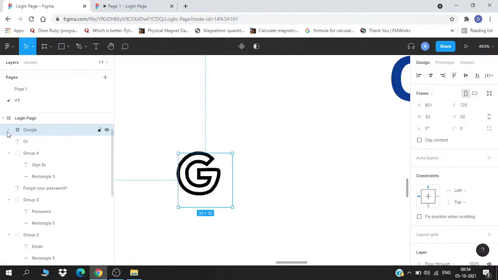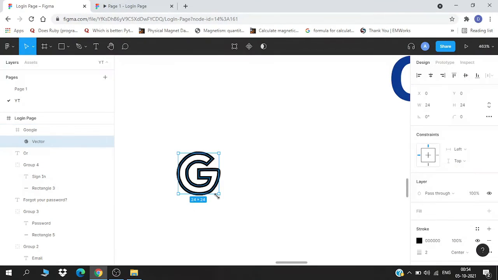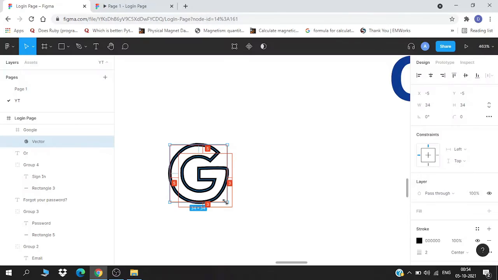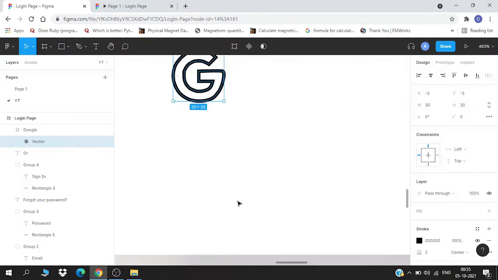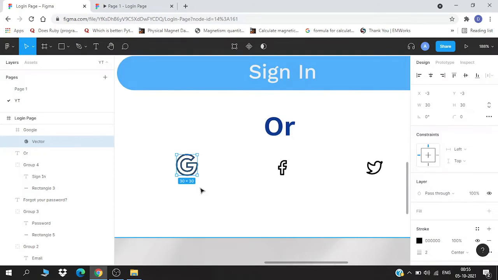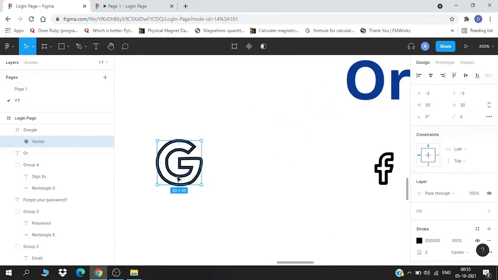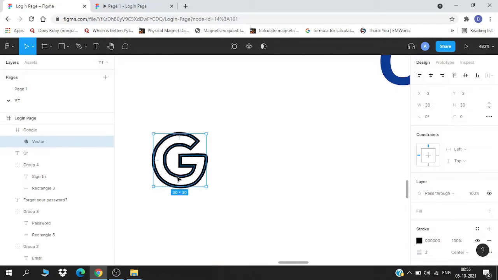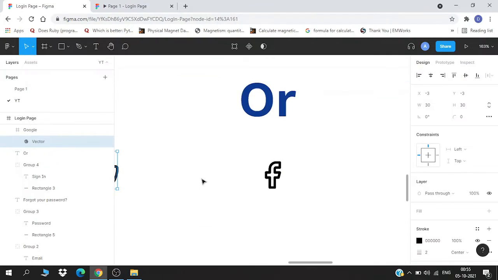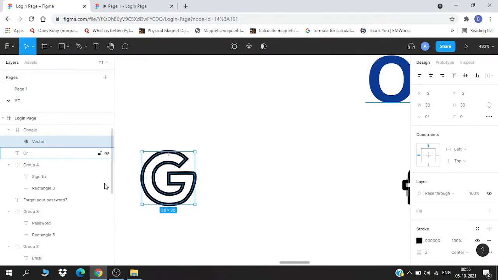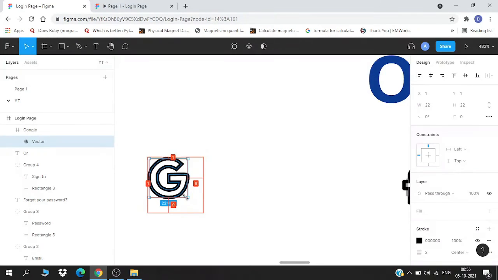First its frame, then the individual one. Is it bigger? Yeah, it is actually bigger. You can make it a little smaller. It will work out perfectly fine.